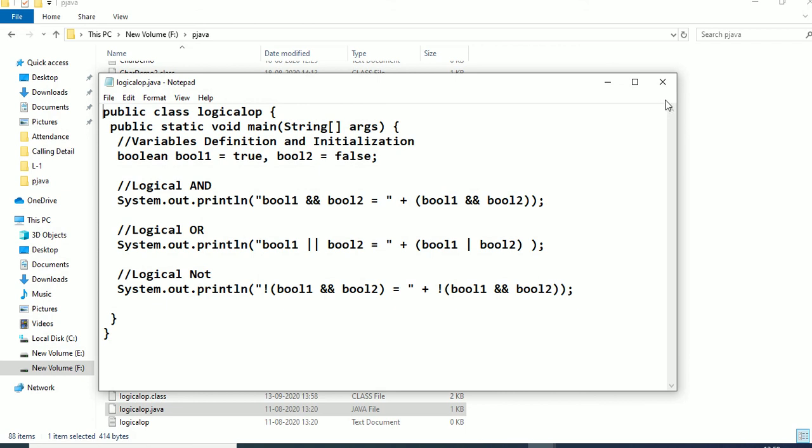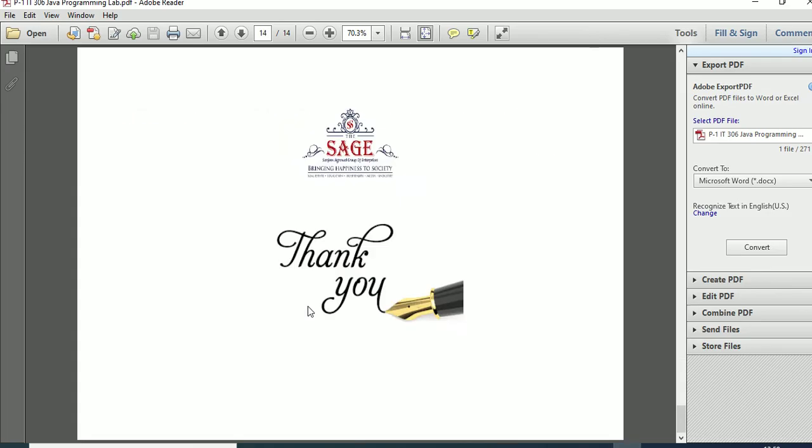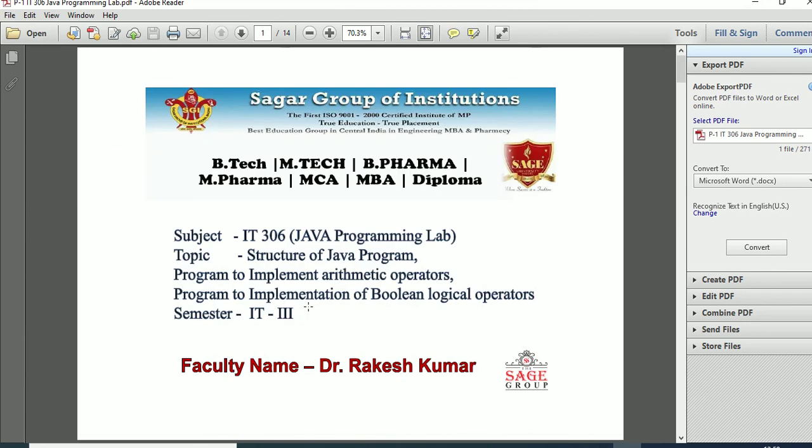So this was the program where I implemented the logical operators in Java. So this was the result. So we had done the structure of the Java program to implement arithmetic operators and the program to implement Boolean logical operators.